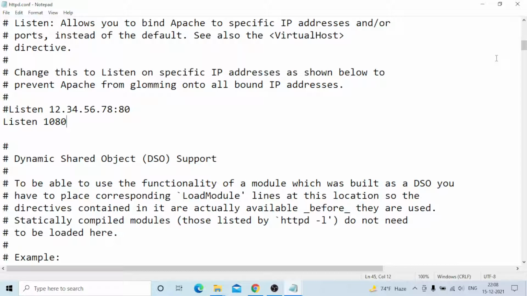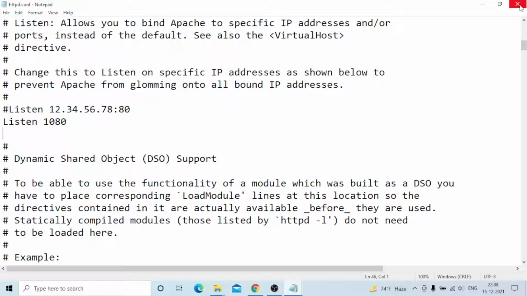The listen entry has an IP address and the listen port number is 1080. Only this port will work. If anything about the port needs to be changed or anything happens, you need to come and check this place. The port for the WebTool application is 1080 by default. This is the standard one. Once you have checked it, you can close it.